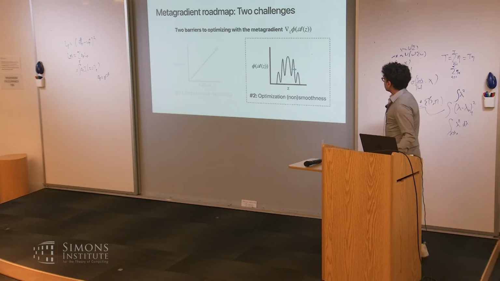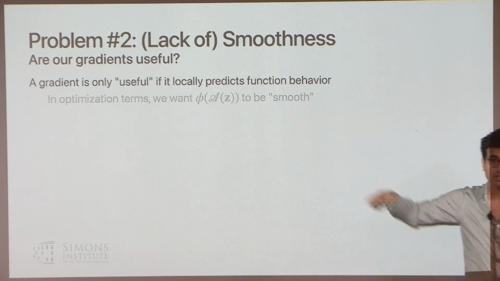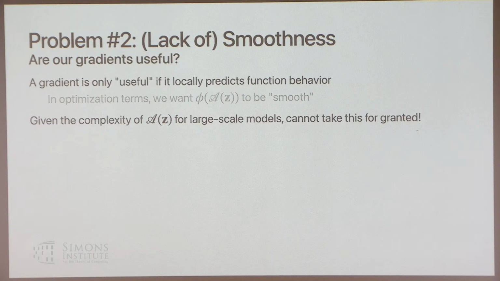In that case, let's move on to the second and final challenge, which turns out to be pretty tough, because a gradient is really only useful in general if the function that you're taking the gradient of is smooth in some sense. Right? And given that the function that we're taking the gradient of is actually this super long process of model training with some non-convex architecture and so on, there's not really a good guarantee that the function is going to be smooth and nice. I guess maybe I've spoiled it a little bit because I showed you all of these applications, so we managed to do them somehow.